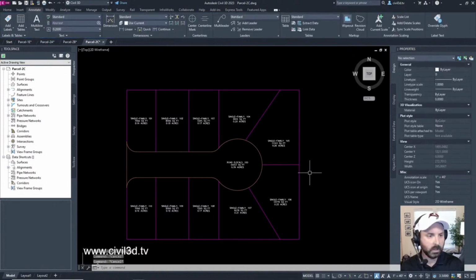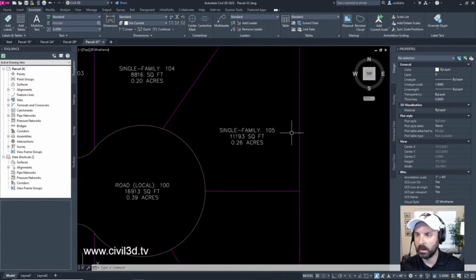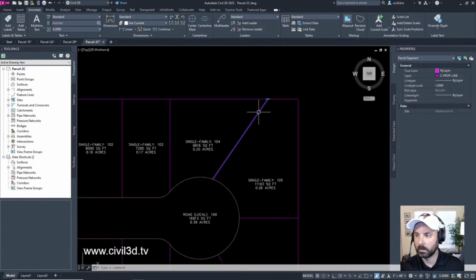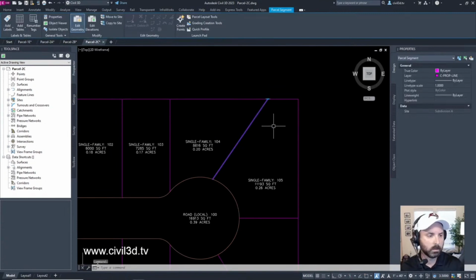We're going to grip edit a parcel lot line. In the drawing, we're going to go to the lot line that separates parcel 104 and 105, right over here. Notice that we have a grip. This is a swing line segment, I believe.